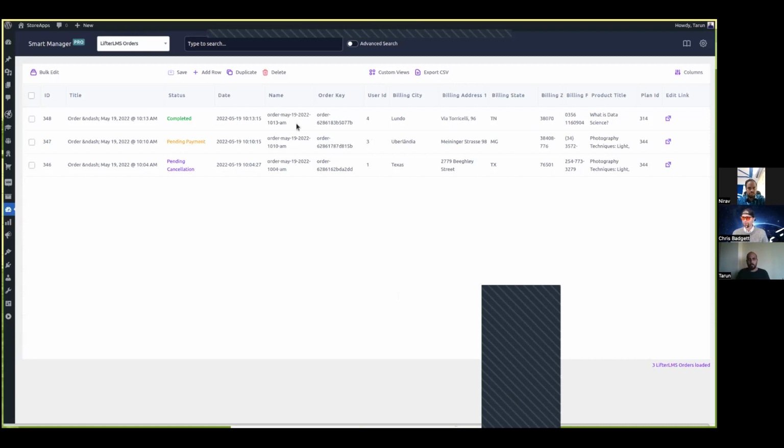Not only that, now if I want to export only orders for a day or orders that are in a particular status, I can do a search and then I can export it. Just like I did bulk edit or creating views, I can make changes in the view and then export it, and the exported data will contain only the data that has been displayed in the grid. So it will basically export the entire snapshot of the view that is there in the grid at that moment, right?